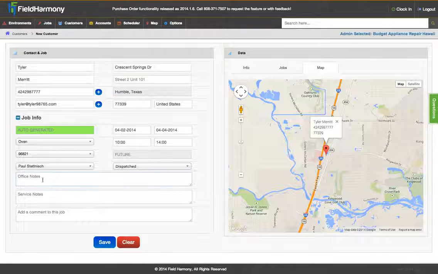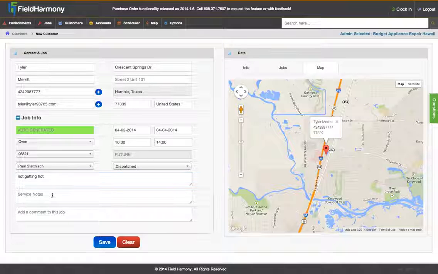In the office notes box, we designed it so that you would simply make a note of what's going on. So in this case, we have some complaint about an oven, and you might say not getting hot,